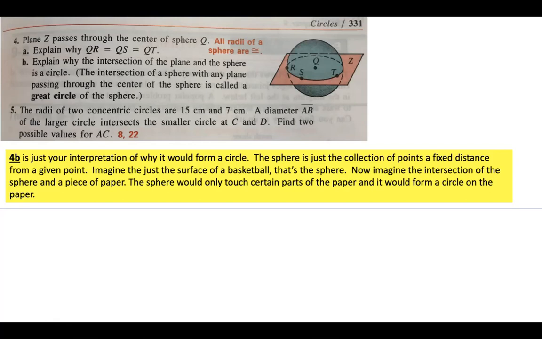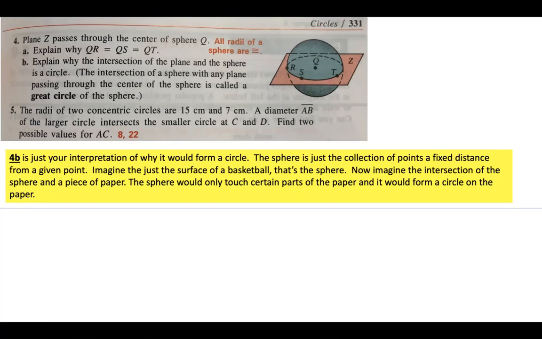Now imagine a piece of paper, and the picture is kind of what they're trying to show you here. Imagine a piece of paper that slowly would descend and go through the sphere. Imagine it like being absorbed in there. And the outline that the sphere, the skin of the basketball, would make on the paper would be a circle. And so that's all they're really asking you to do: explain why the intersection of a plane and a sphere